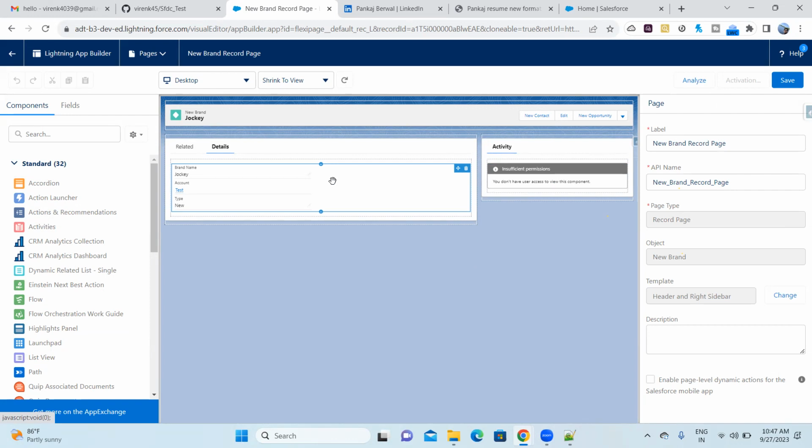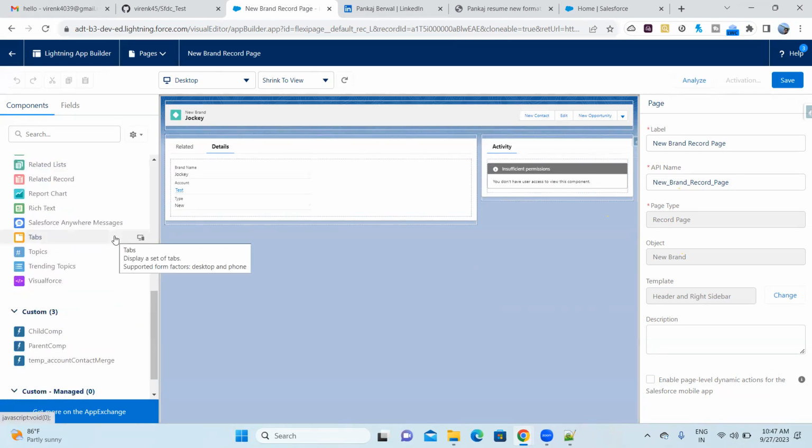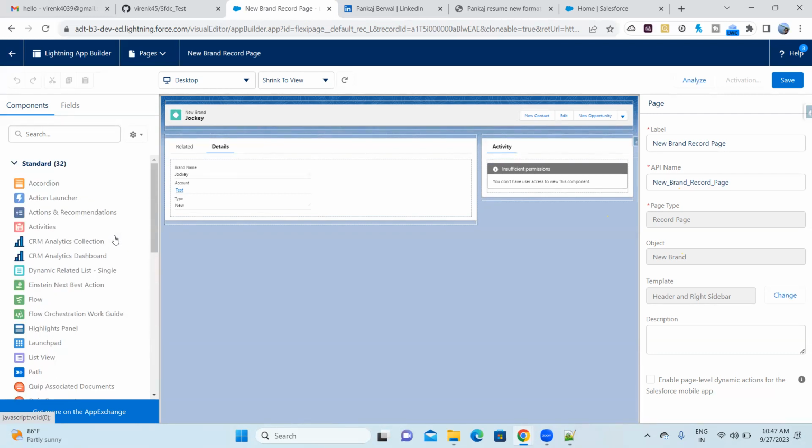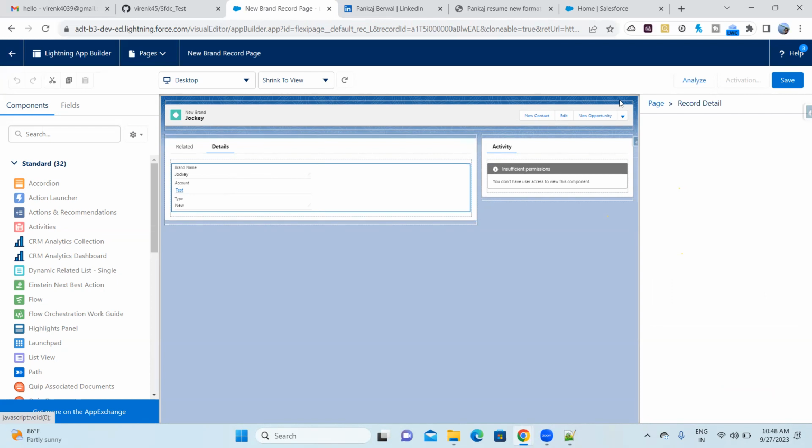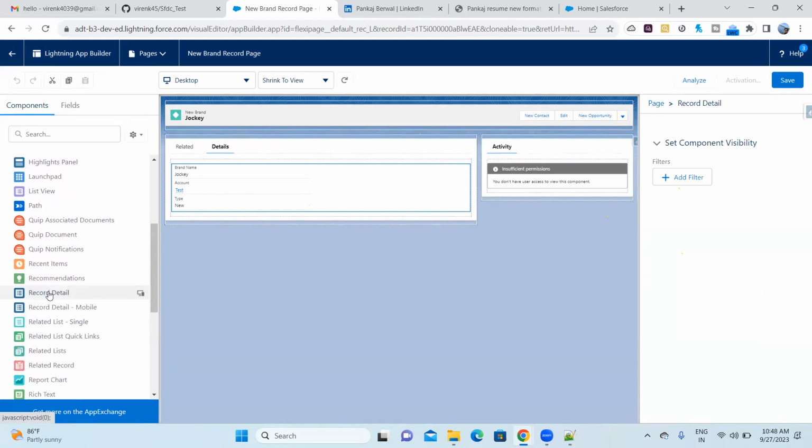Okay. So next is, if I scroll down, these are my list of fields. Okay. You can see it. Sorry, list of components. And further, you can see the preview, the fields which you are seeing. And then you have the properties. So if I click here, it will give me the properties of this. It is called record details. Okay. And if I search here record detail, I will be able to see this here.